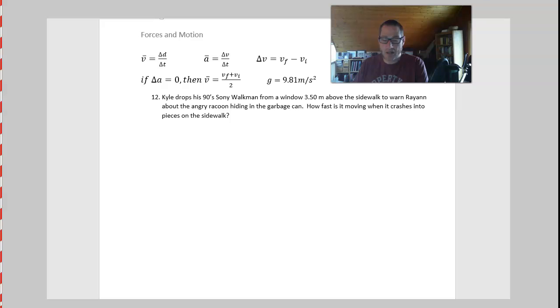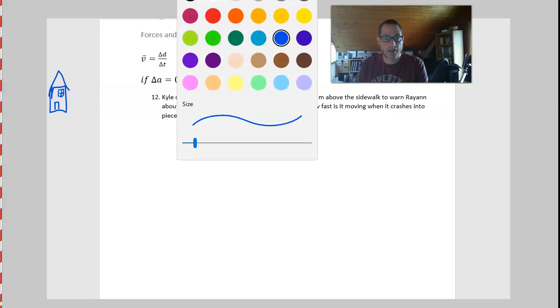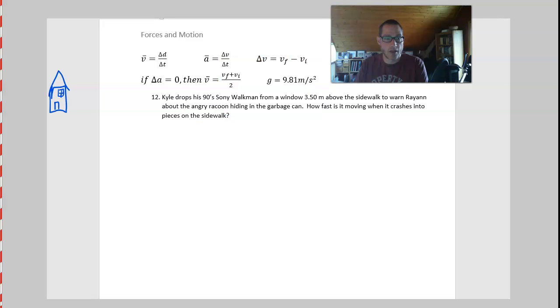You could draw a diagram. I don't know how well I can do that. I'll draw it over here. So the diagram is basically there's a house. Alright, this is a good way to warm up. There's a house here, and I think I can change the color here. Boom. And here's Kyle inside here, little stick figure, reaching out,